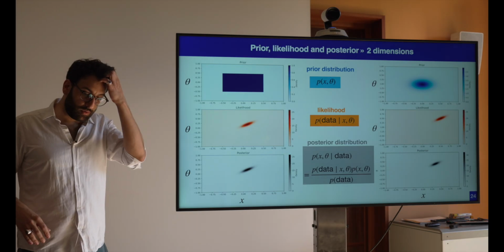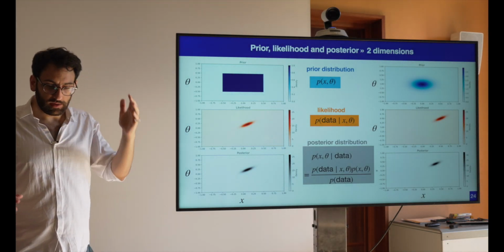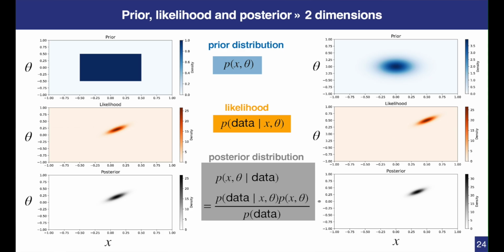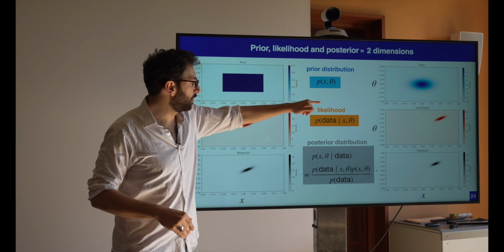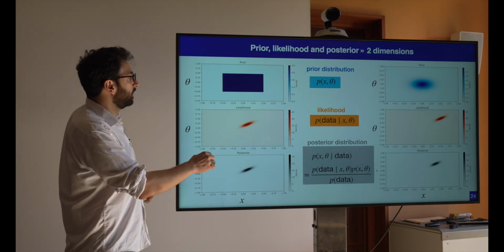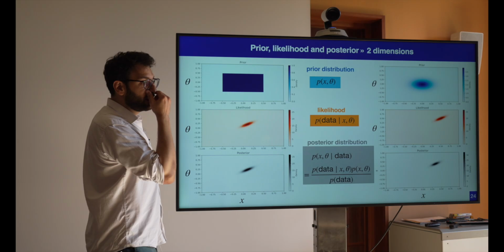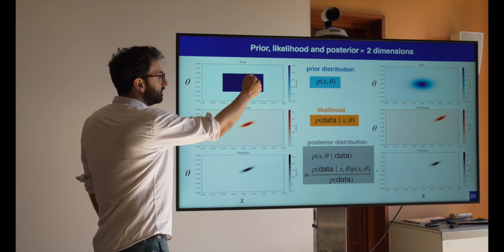Now we can have probability distributions in 2 dimensions. So here I denote the 2 parameters of my probability distribution, x and theta. So x could be an astronomical frequency, and theta one of the parameters of your time depth function. So you can represent your prior distribution and likelihood as a heat map. So here the probability, in that case the prior is uniform. The probability to be in there is